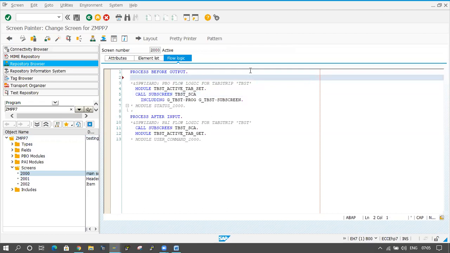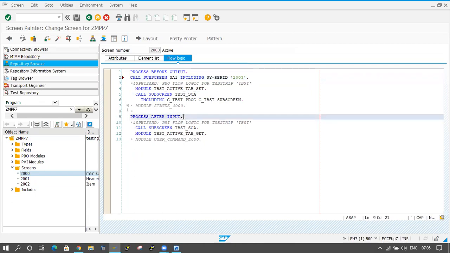So I'm calling the subscreen here. Call subscreen SA1 including SY-REPID. The screen number is 2003. Okay, so I'm calling this one, and here also I will call the subscreen.